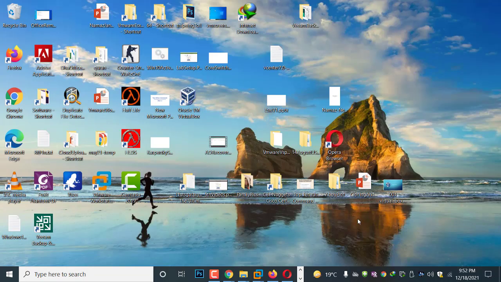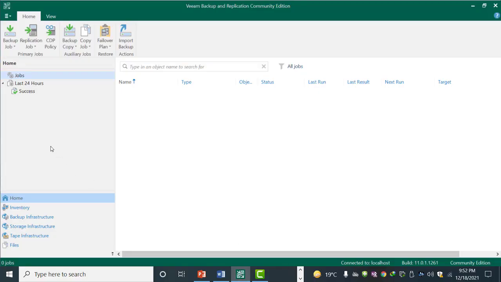For the demonstration now, as you can see, this is the icon of the Veeam Backup and Replication Console. So I double click this icon and this window will pop up. This is the main console of Veeam Backup and Recovery. Veeam Backup and Recovery is an excellent tool for backing up any type of environment, workload or file server. So in this video, I will show you the most common areas of this console.